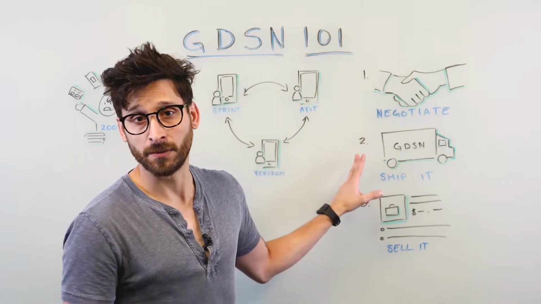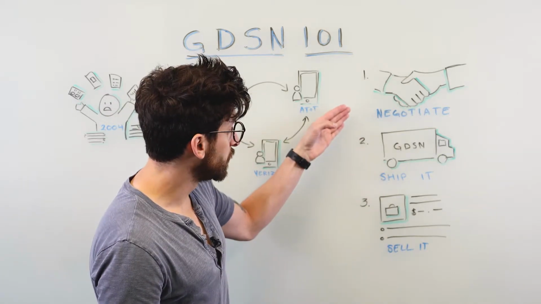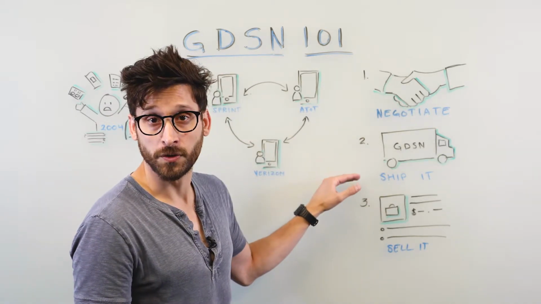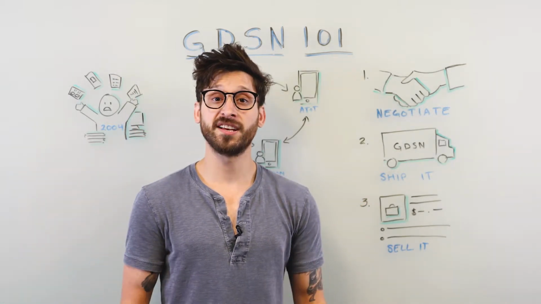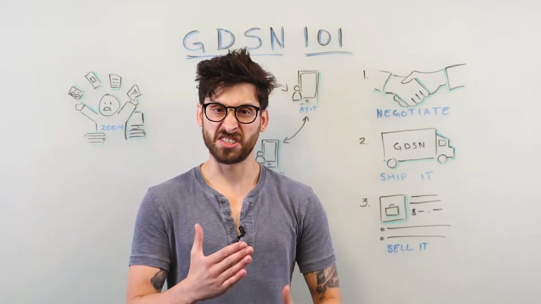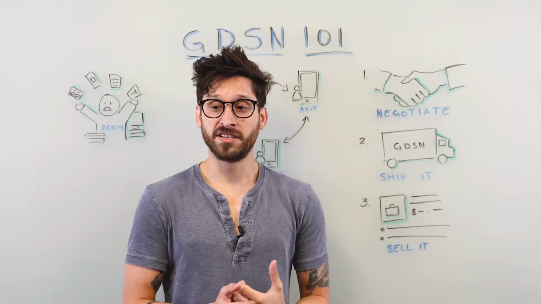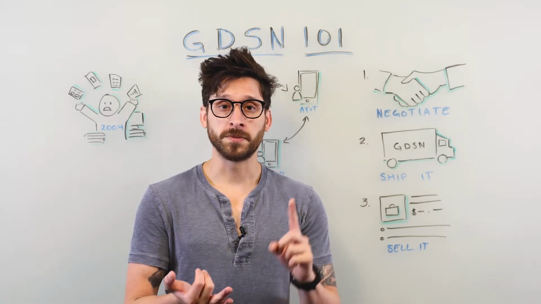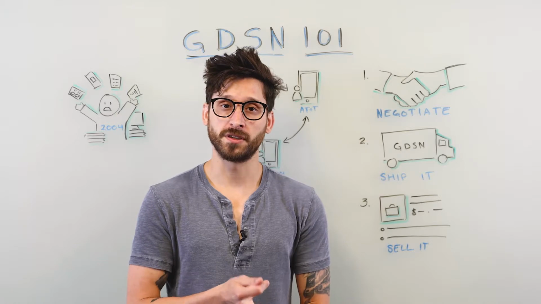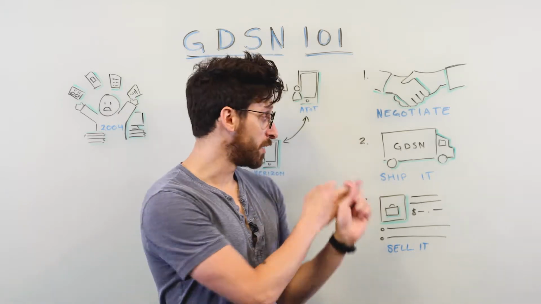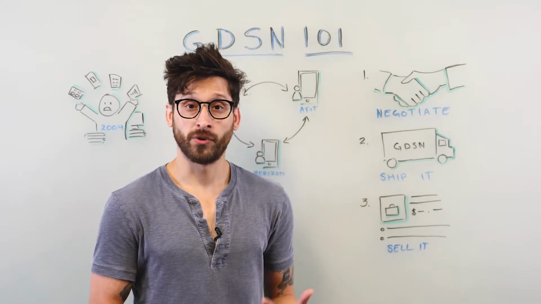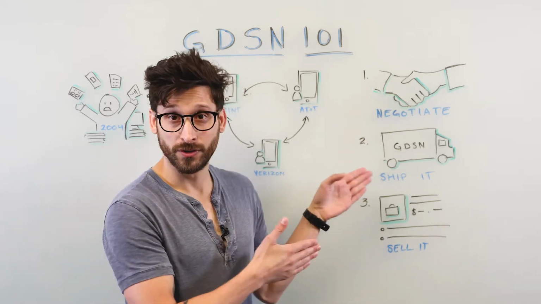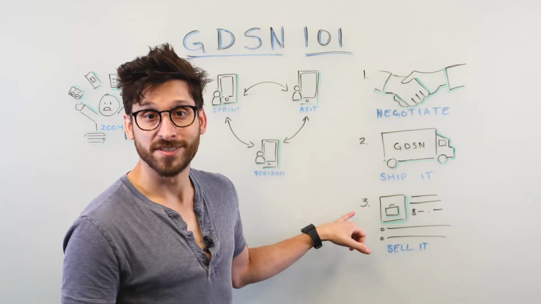That's where the GDSN comes in. You'll negotiate your items, and then once those items are negotiated, the first step is to send through the GDSN that supply chain logistics content that you need to get inventory systems, order systems, point of sale systems primed so they know about your product. After getting your and your trading partners' systems primed to receive your data, it's all about selling your product.